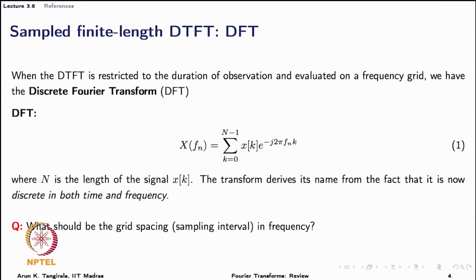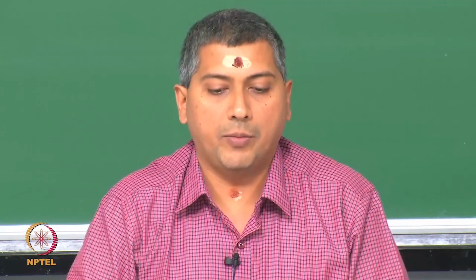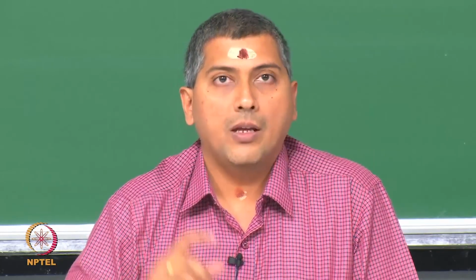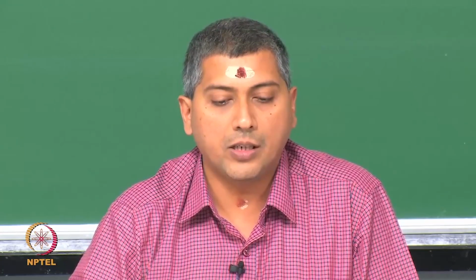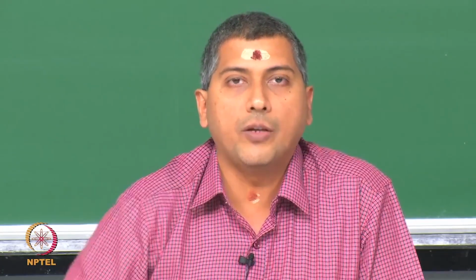With these remarks, we introduce the discrete Fourier transform, and we ask what is the consequence of computing this discrete Fourier transform with respect to the theoretical discrete time Fourier transform. So, when I restrict the DTFT, I will ignore what has happened outside the interval of my observation, and I am going to only compute the transform for the length of data that is available to me, and as I mentioned earlier, I am going to compute it at specific frequencies.